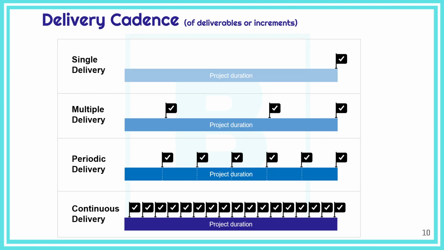Then, we talked about the delivery cadence, different delivery cadences, like delivery style of deliverables or of increments. We can have projects with a single delivery at the end, like the waterfall, and later on, like the iterative approach we see later. We can have a project with multiple deliveries within the project, or periodic deliveries, where after each fixed amount of time, we can have a delivery. Or, for high performing projects, agile projects, we can have continuous